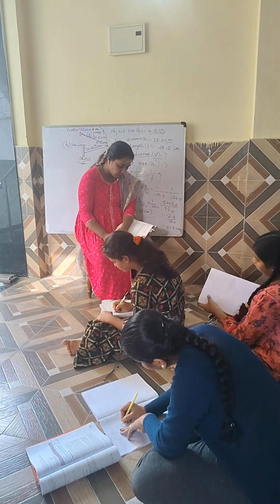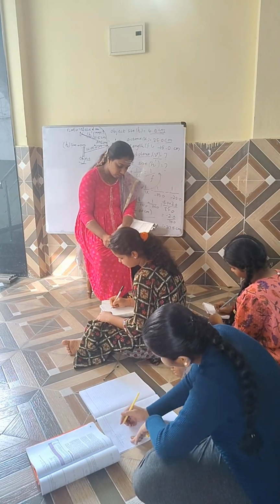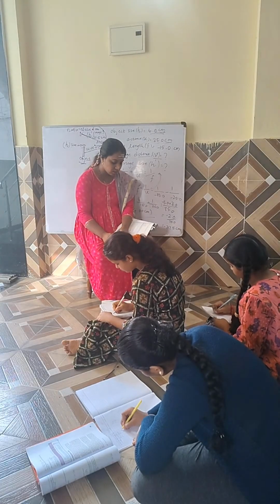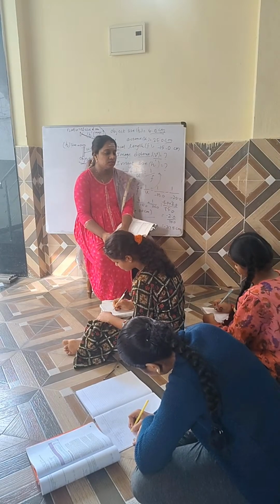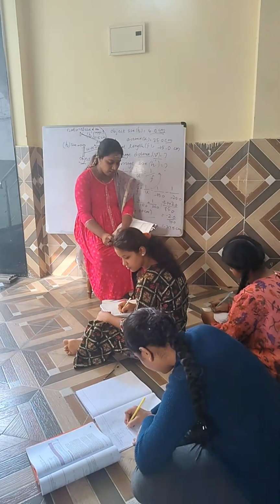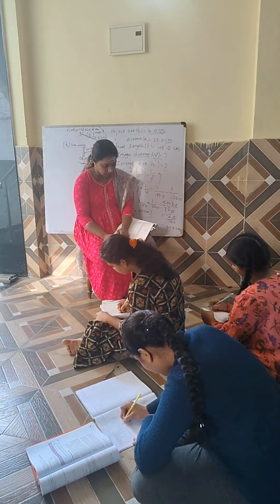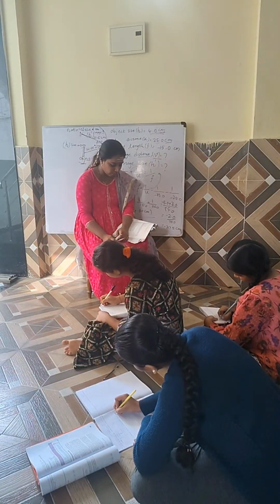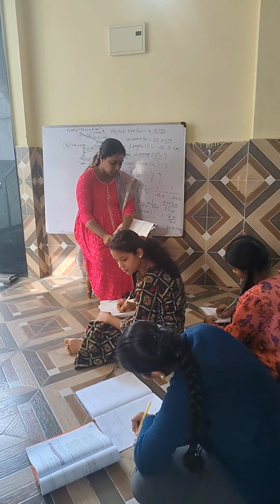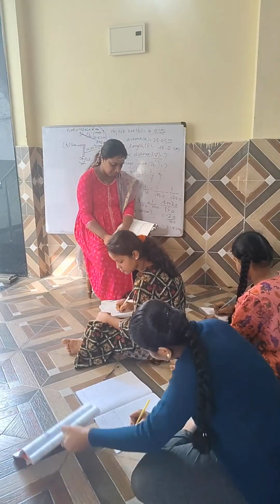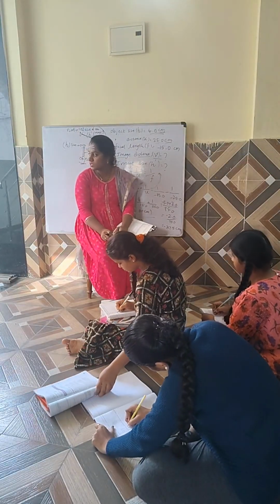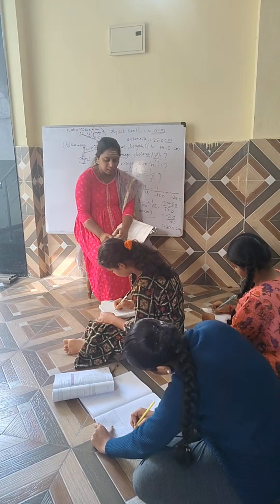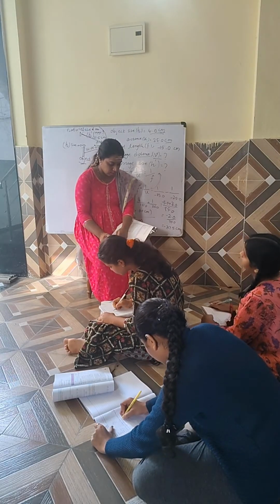Copy next problem. A concave mirror produces 3 times magnified real image of an object placed at 10 centimeter in front